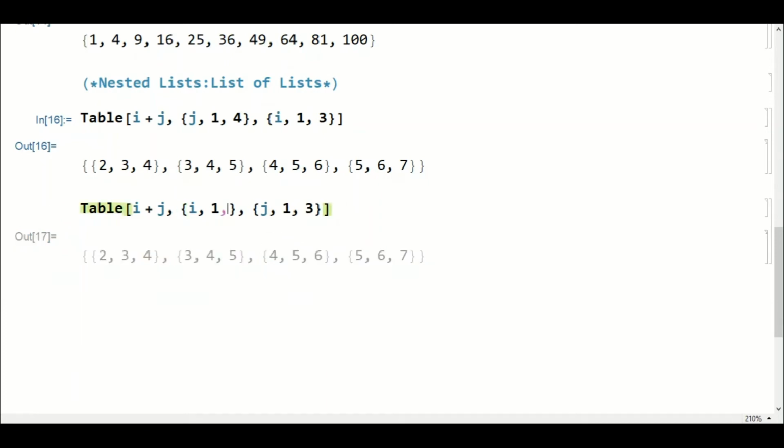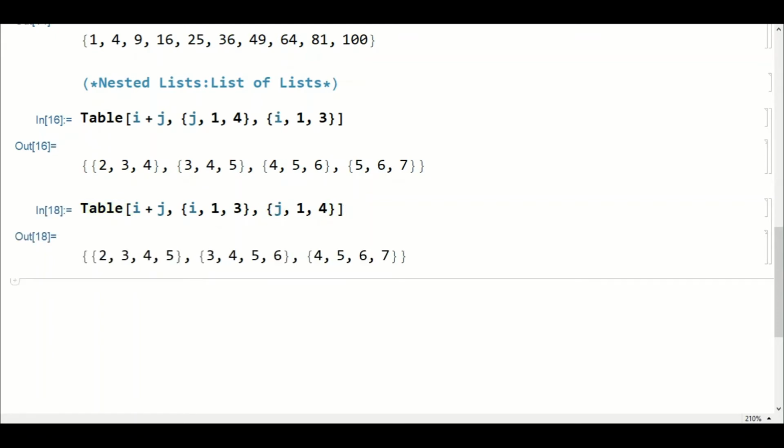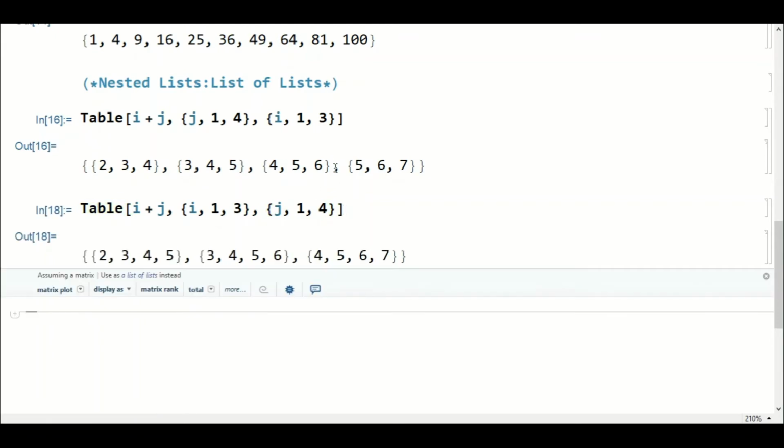So it is i varying from 1 to 3, and j varying from 1 to 4. Now see what the answer is. You can see that both of these answers are different. Always keep in mind that the order of iterator matters, whether it is the inner iterator or the outer iterator.